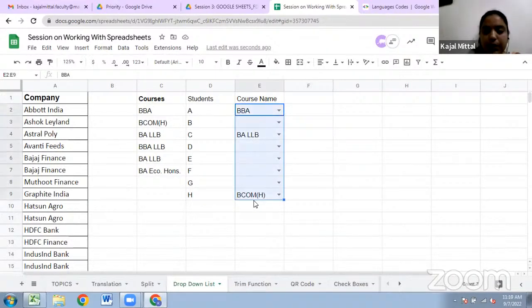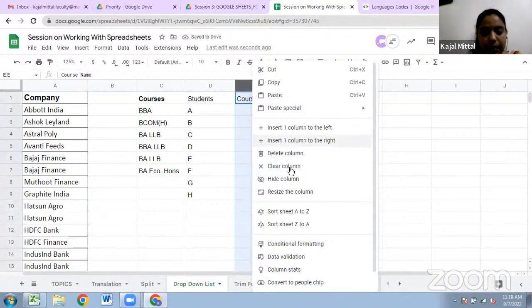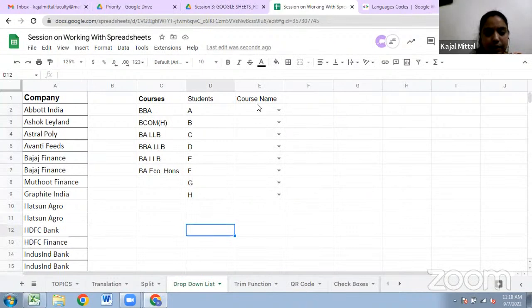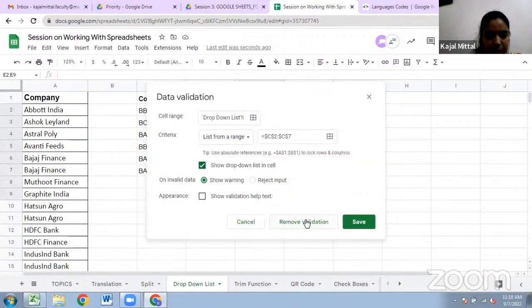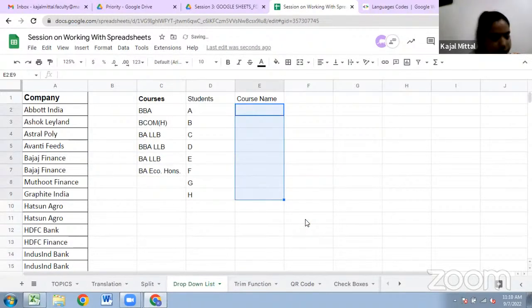Shall I repeat this part again? I am again repeating. So I am deleting this. आप इसको remove भी कैसे कर सकते हैं? Let's suppose I want to remove the data validation. Go to data, click on data validation and remove validation. Fine. Again, how we can add? Select the cell in which you want to add the drop down. Go to data